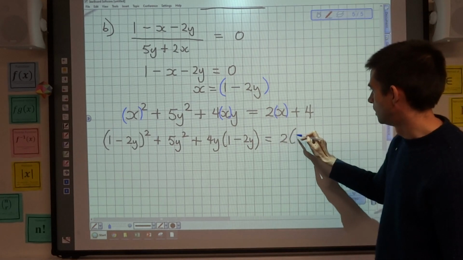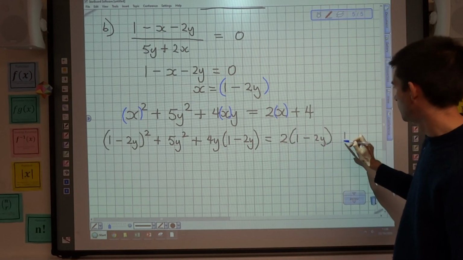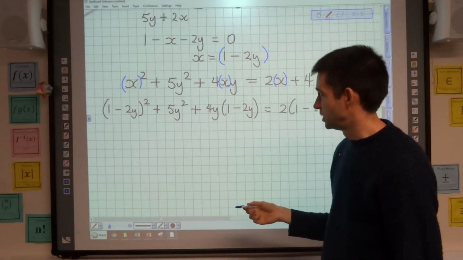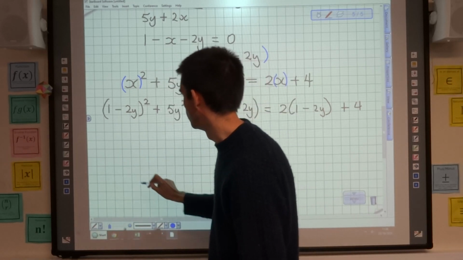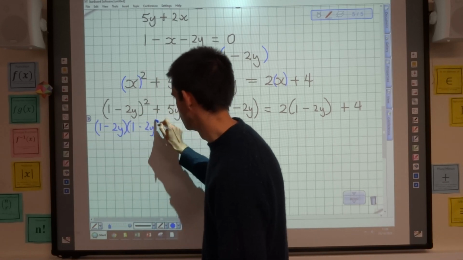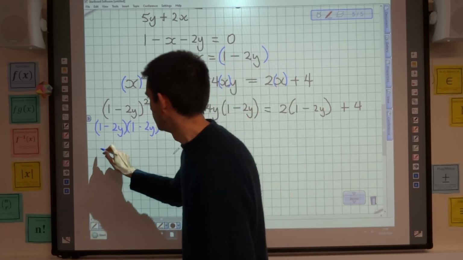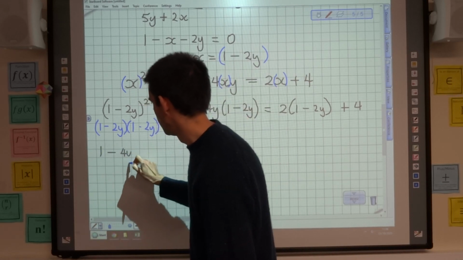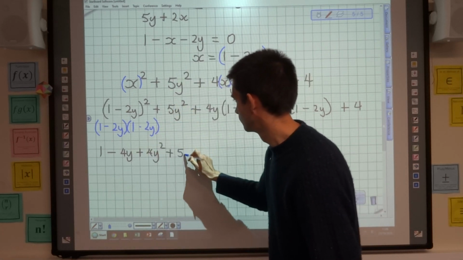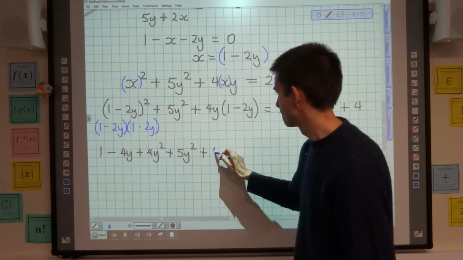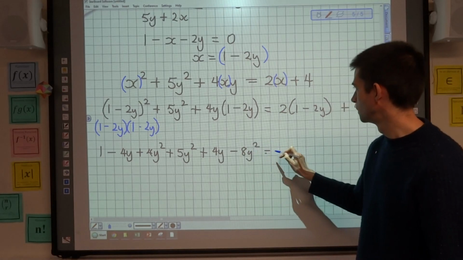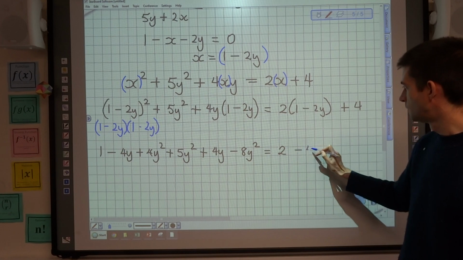And that equals 2 lots of (1 minus 2y) plus 4. So I need to expand out and make sure I get every term. Now remember that this (1 minus 2y) is going to be (1 minus 2y) multiplied by itself. So make sure that you get every term of that expansion. And you should get 1 minus 4y plus 4y squared plus the 5y squared plus 4y minus 8y squared equals 2 minus 4y